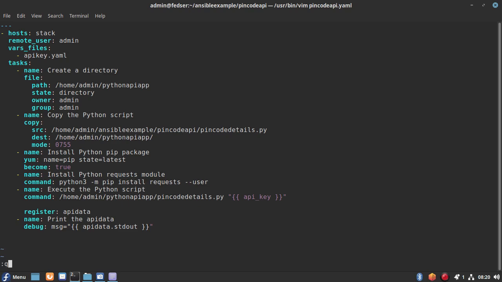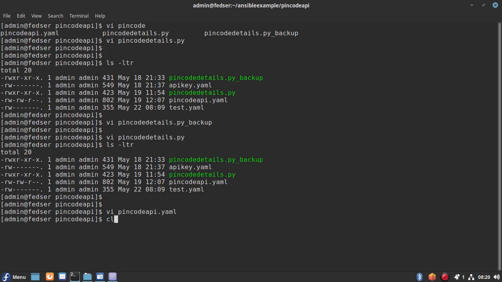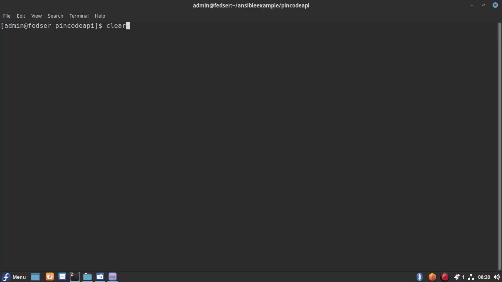So let's try to execute this Ansible playbook. Ansible playbook pincode API.yaml. So I'm passing -k to pass my administrative password, and also we need to pass this option ask vault.